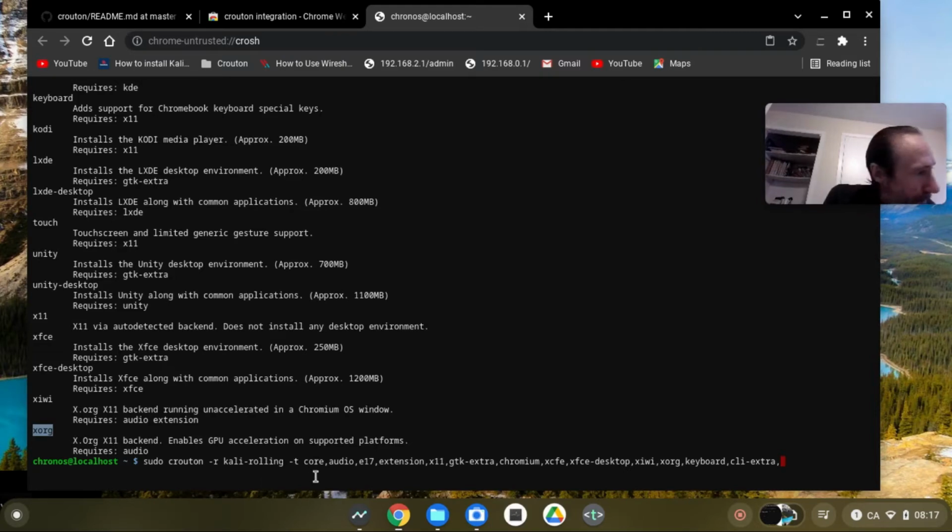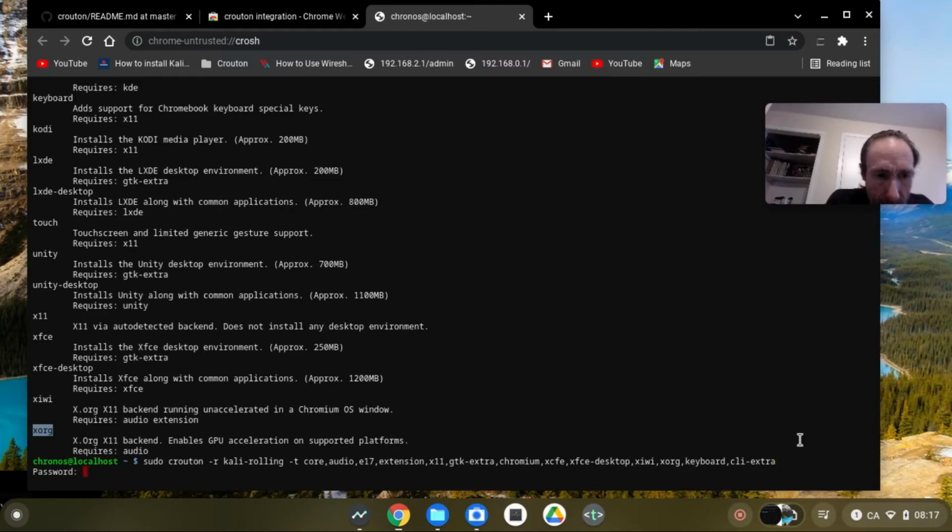So I have core, audio, CLI extra, GTK, which depends on X11, Chromium, XFCE desktop, Xiwi. Okay, I'm gonna try with that. I hope that I'm not forgetting something. Okay,